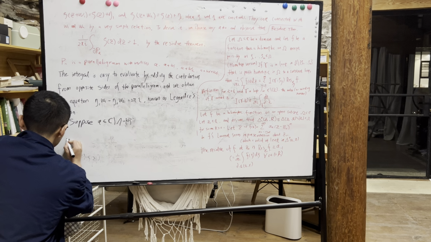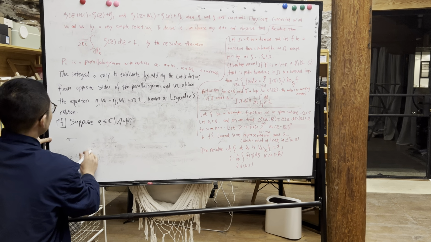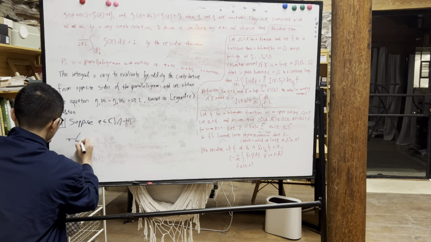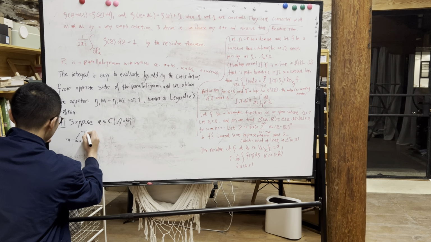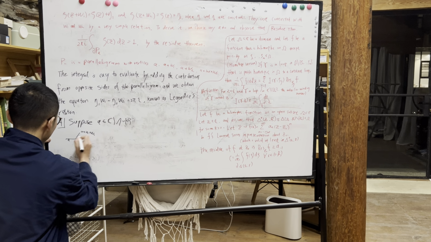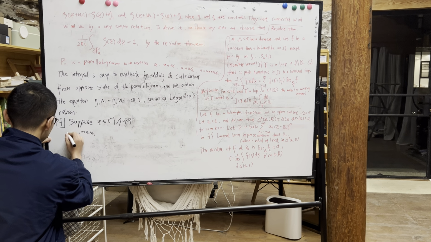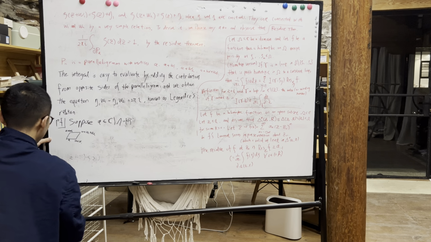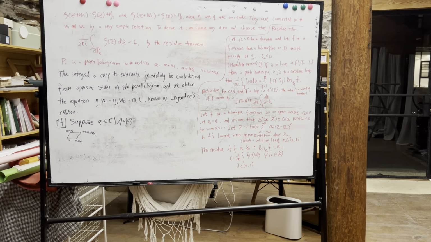So then I draw the parallelogram, right? So here is the parallelogram. So a plus omega 1, and then a plus omega 1 plus omega 2, and then this one is a plus omega 2, and then this is a. Okay, so now